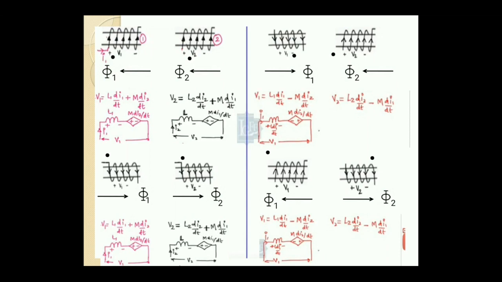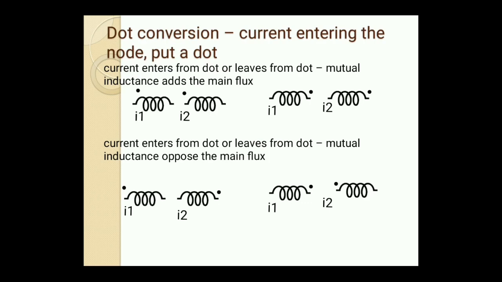In any kind of circuit, it is not possible to represent the current direction in the inductor and to find the flux direction. It's not possible in complex circuits. So, in this case, we replace these four cases with the dot. How? I will explain it. That is known as dot convention. If current enters from the dot or leaves the dot simultaneously, then the mutual flux adds to the main flux and the voltage induced by the mutual flux is positive. This is case 1 and 2.